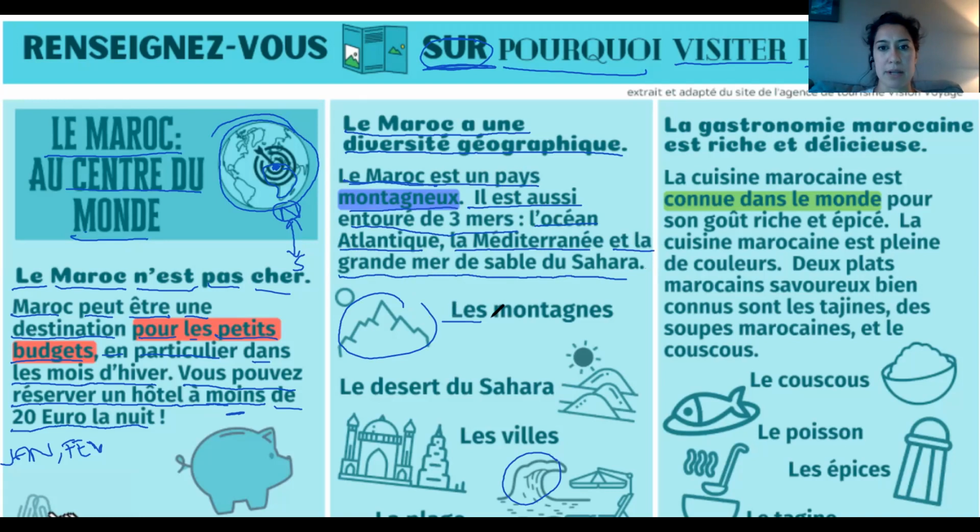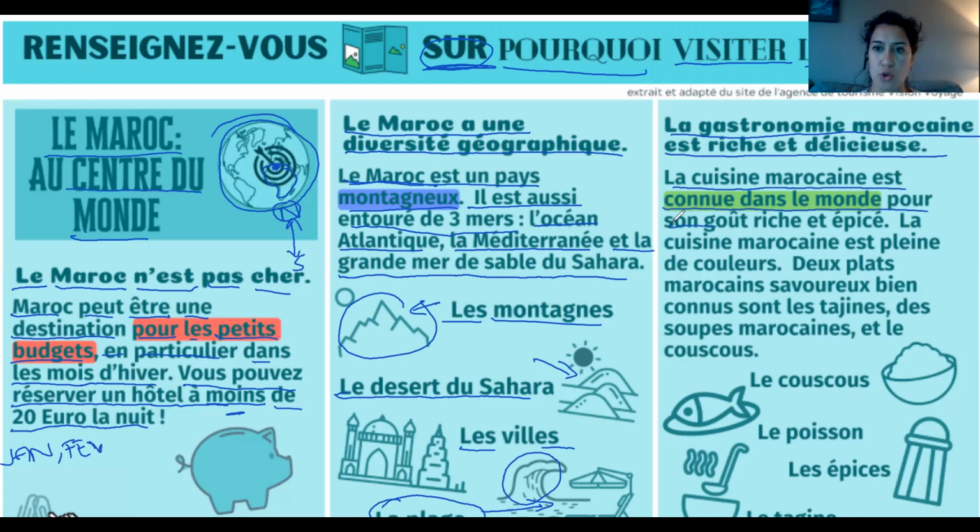Alors, les montagnes, le désert du Sahara, les villes, la plage. La gastronomie marocaine est riche et délicieuse. La cuisine marocaine est connue dans le monde pour son goût riche et épicé. La cuisine marocaine est pleine de